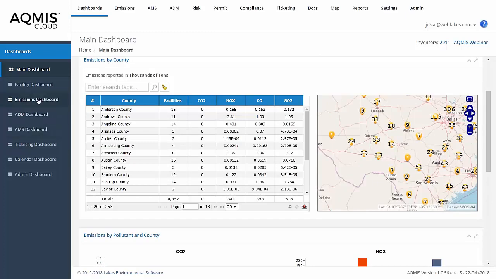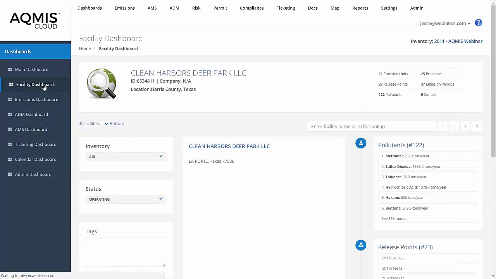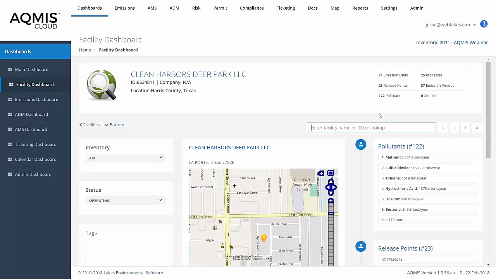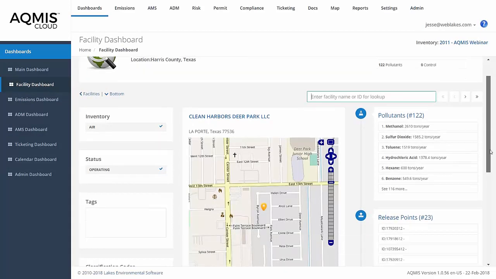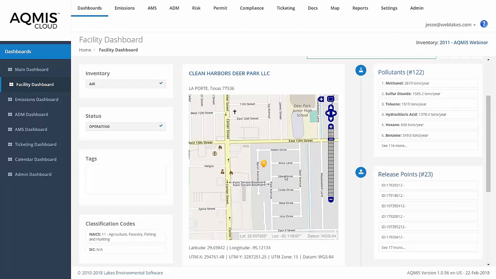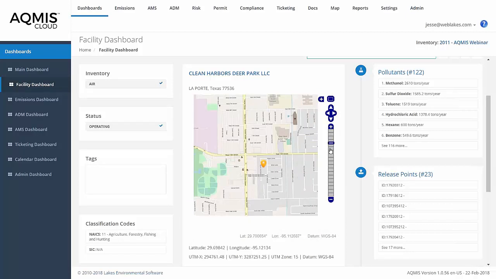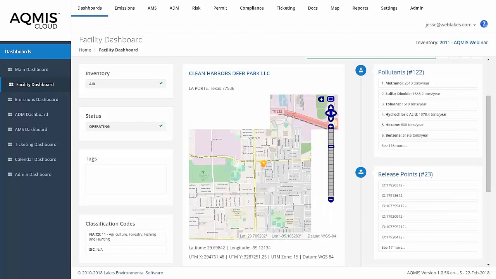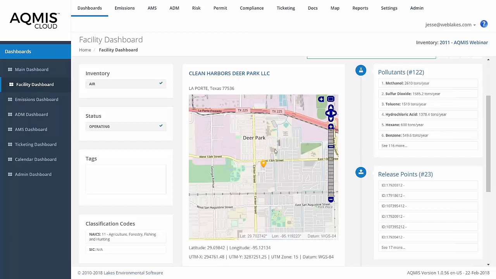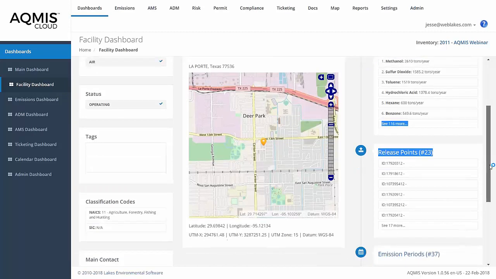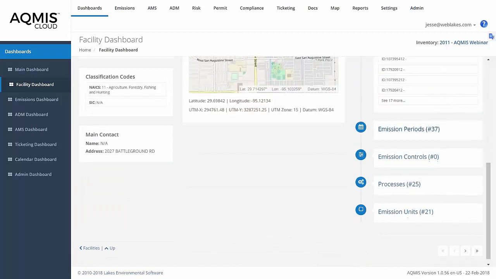I can also go to the facility dashboard and select any facility I want. I'm selecting this one right now. And I have a complete description, including geographical location, which I can zoom out if it's not very clear to me where it's located. Now I can see a main road. I have an idea where it's located. You can see here the inventory we're showing is only air. Could have water and solid waste, the pollutant, a series of other information here on the release points, emissions periods,